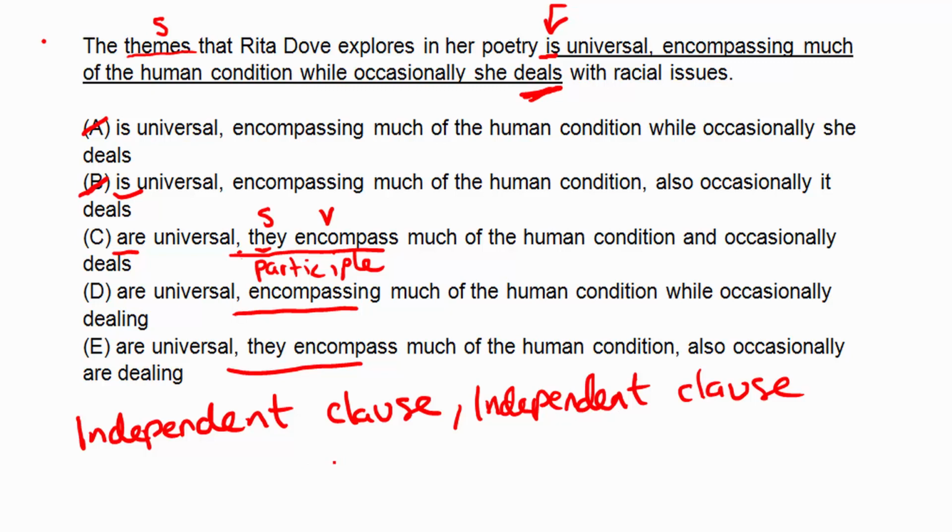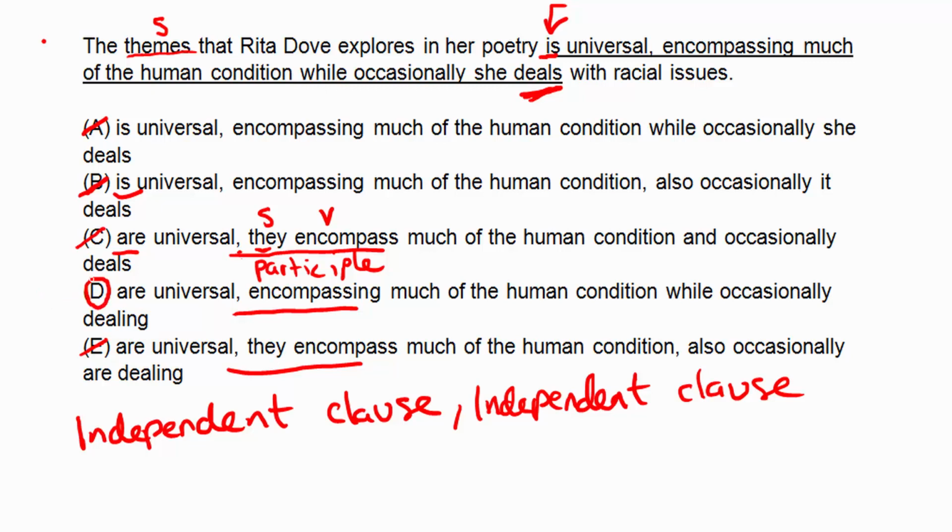It's what's called a run-on sentence, and it's a common mistake in sentence structure in the GMAT. So that's going to be incorrect. An alternative would have been to put a full stop, which would have made it correct. They could also put a semicolon, or if you're familiar with the fanboys, they could have used a fanboys. That's something we'll come across later. So we can easily get rid of C and E because they both make that mistake of putting together two independent clauses. So C and E are wrong, which leaves us with D as our answer.